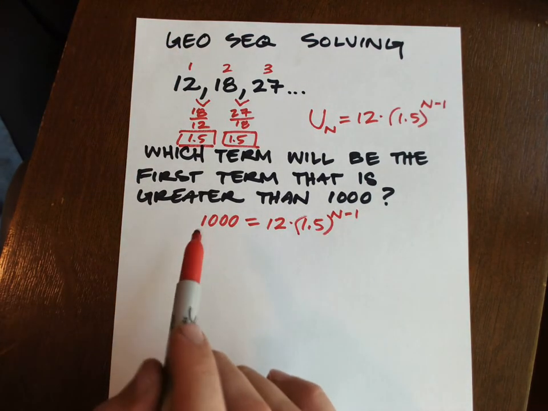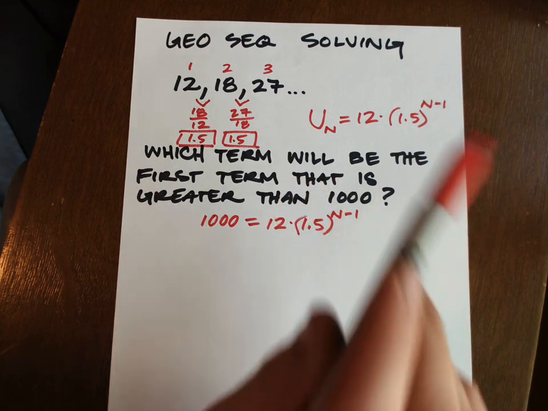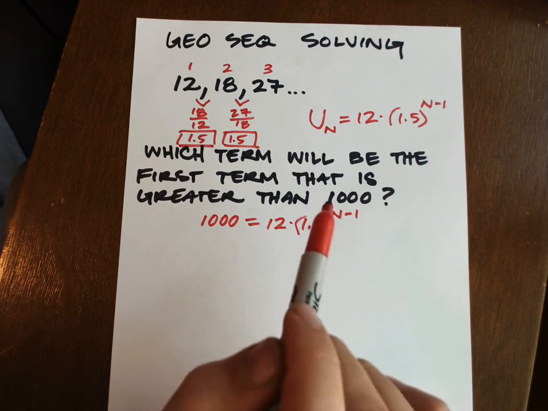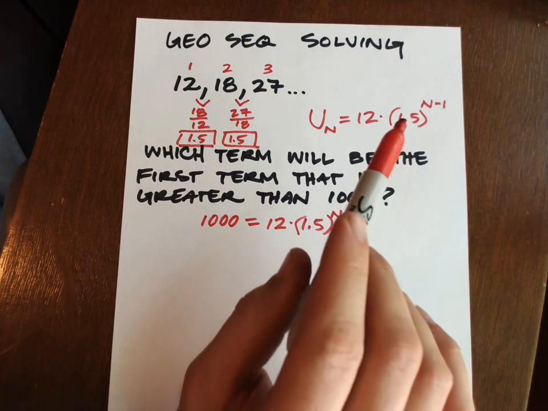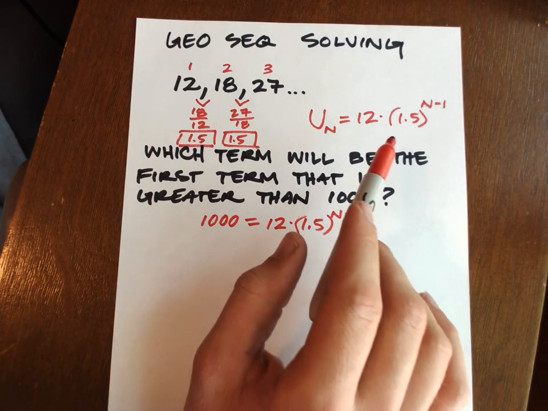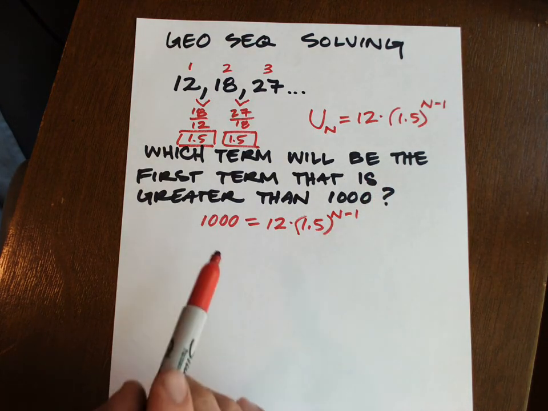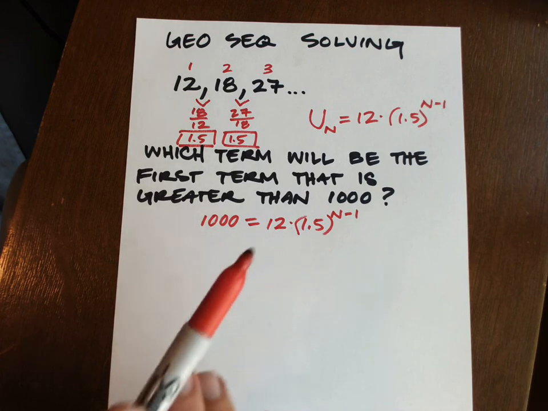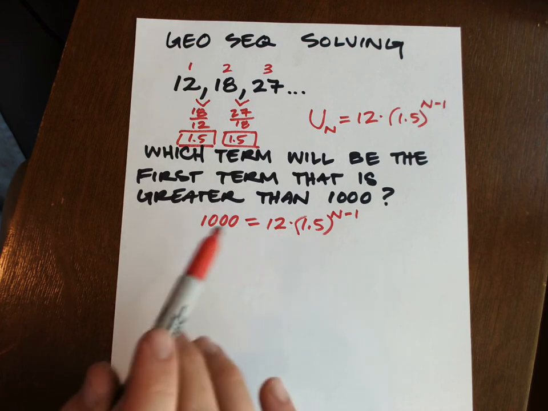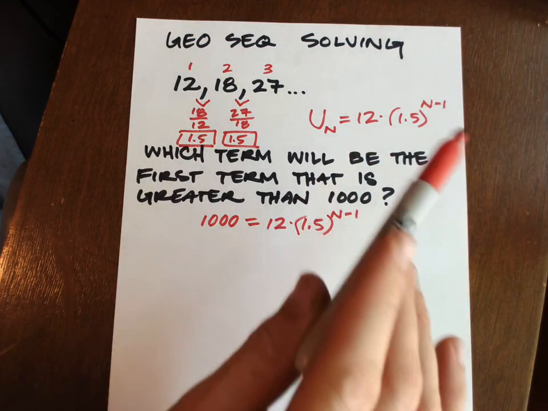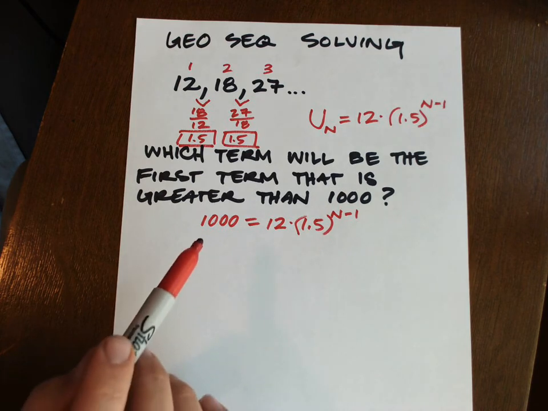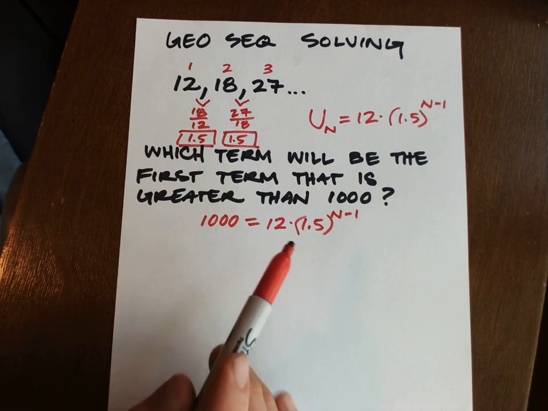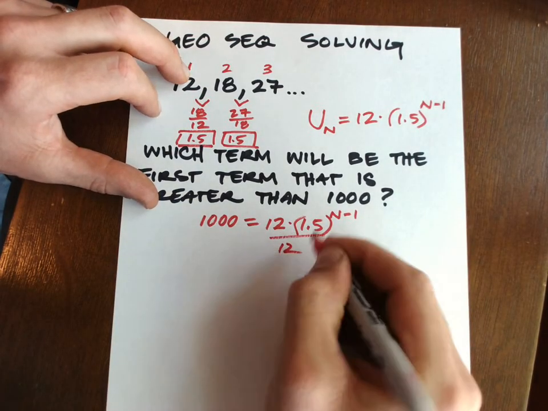Now, obviously, you could just trial and error this. You could plug in numbers until eventually you get one greater than 1,000. And you could do this with nothing more complicated than a guess and check. However, that doesn't show a deep understanding of the solving process, and this is required for maybe more complicated ones than even this. So solving this out, instead of distributing, we would divide both sides by 12 so